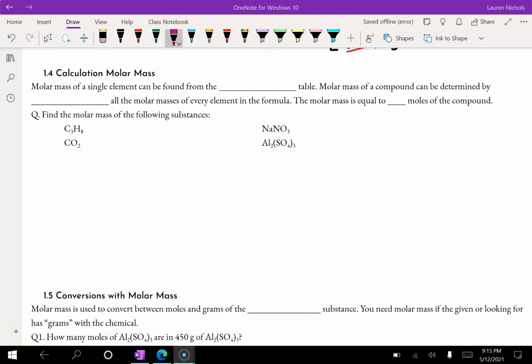Okay, everyone. So this is going to be part 2 of your spring 2021 final exam review of your study guide. So we're still in Unit 1 and we're on skill number 4, calculating molar mass. And so as a reminder, molar mass of a single element can be found from your handy dandy periodic table, and the molar mass of a compound can be determined by adding the molar mass of all the elements in